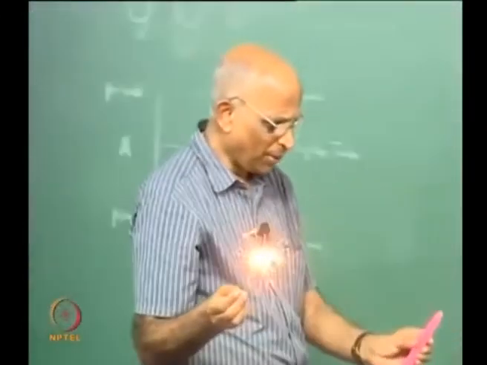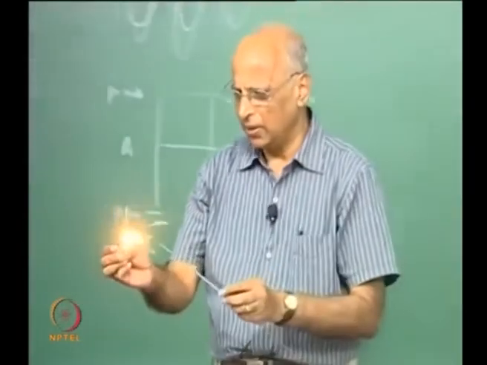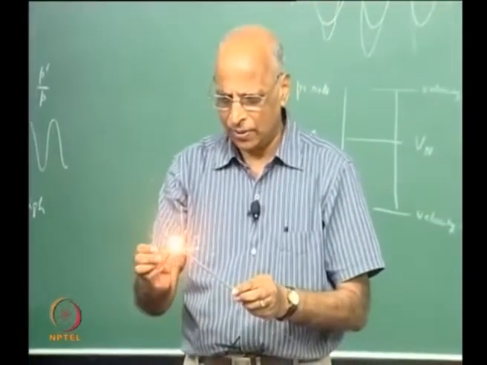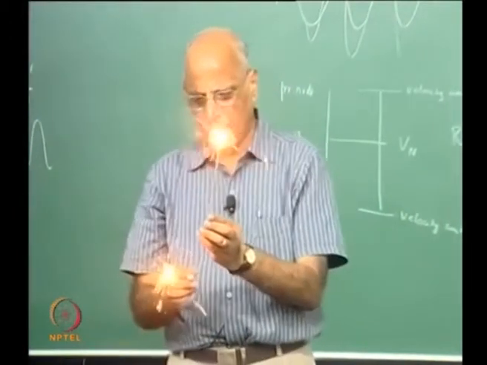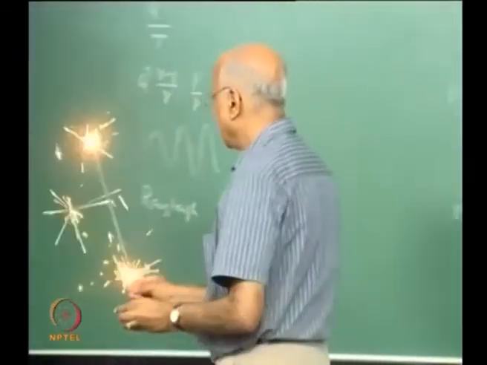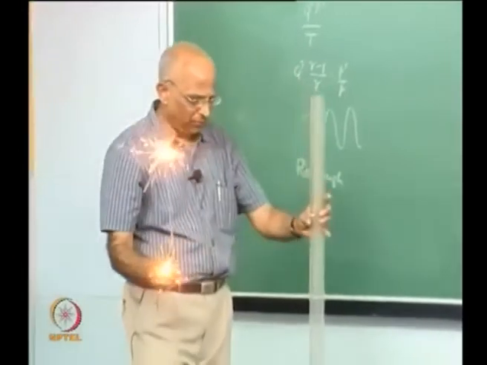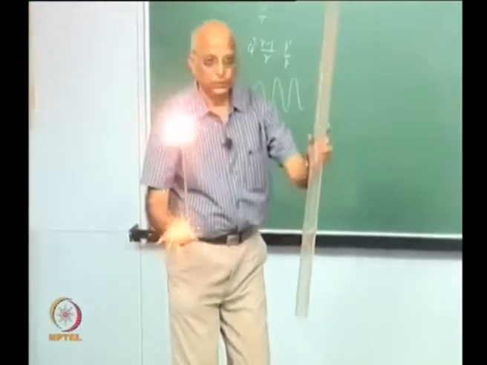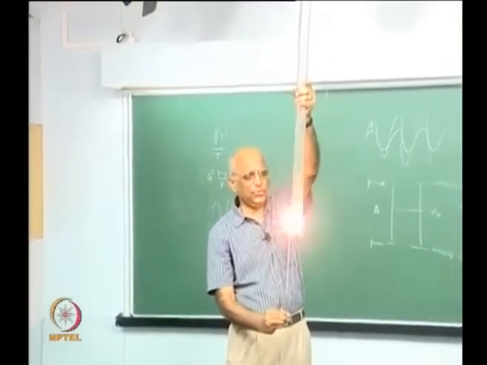Well, this is a sparkler going. Now I want to ignite a slightly bigger sparkler. I use this because it is more energetic. Now all what I do is, I take this vertical tube, this is the tube I have, and now I hold it vertically, I introduce the